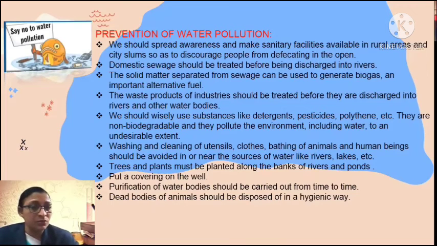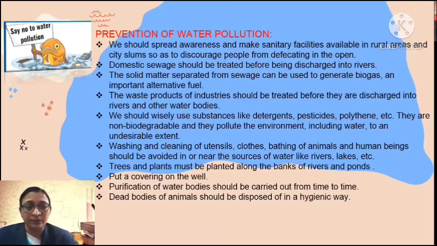We should wisely use substances like detergents, pesticides, polythene, etc. They are non-biodegradable materials and they pollute the environment, including water, to an undesirable extent. And once this valuable liquid gets polluted completely, it will be very difficult for us to make it clean.